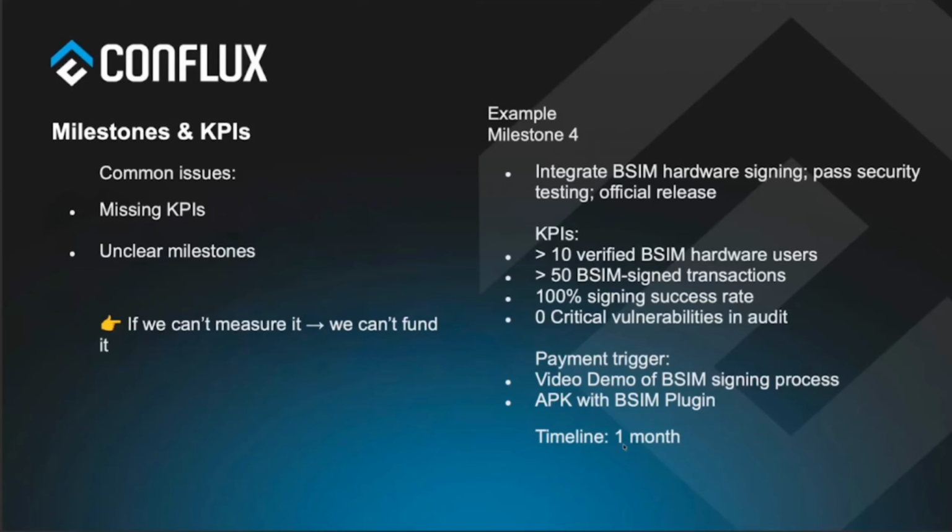Once again, just to circle back, because this is the most common issue: we need a clear milestone, and we need KPIs, a timeline, and a budget tied to it. That way you can build up your milestones, and that way we can pay the settlements